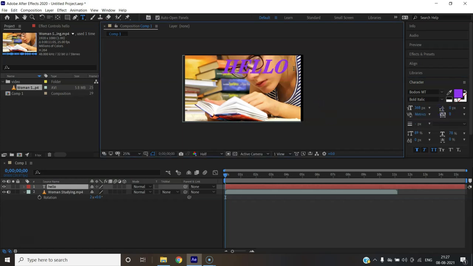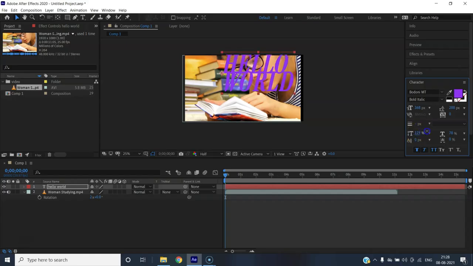Okay, let's just write hello world. You can see I have written hello world, but it looks completely ridiculous. For that, we can change this. Let's just select and change this. And as you can see, the space between both the words will increase and decrease through this. We can also change the vertical scale of our word. You can play around with the character panel to get your